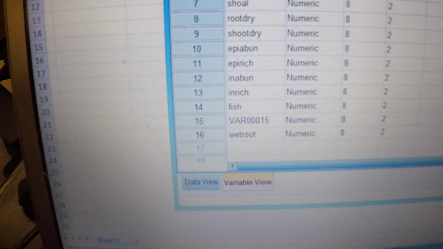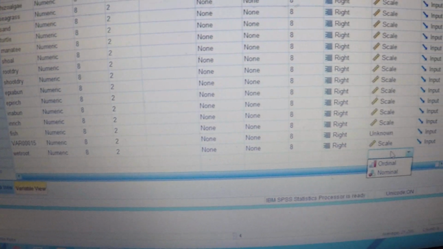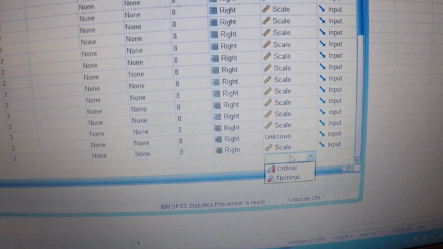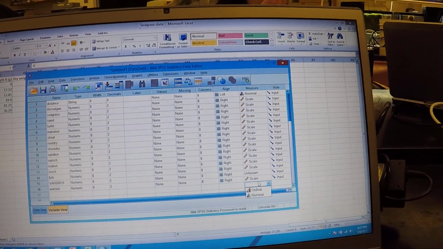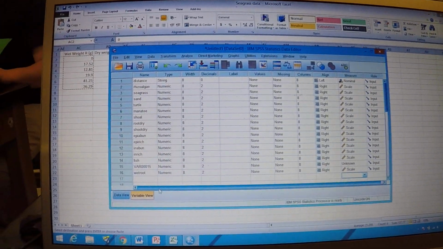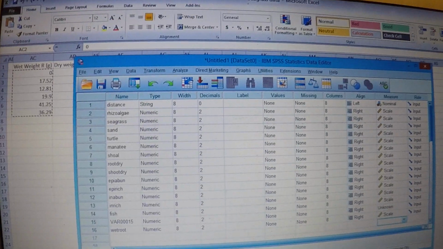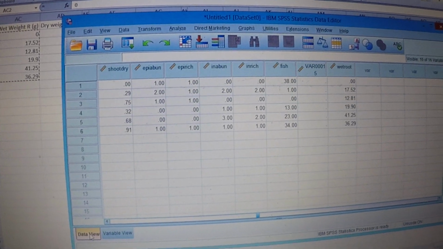So wet root should be numeric and scale under measure in the variable view. I'll go back to my data view,